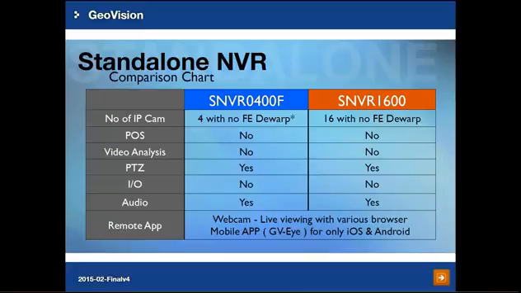For I/O functions, since they don't have hardware I/O ports, I/O is not supported. For 4-channel and 16-channel SNVR, they all support one-way audio, so you can have audio on the 4 and 16-channel SNVR. For remote viewing, you can use web browsers, or you can use our GVI mobile app on iOS devices